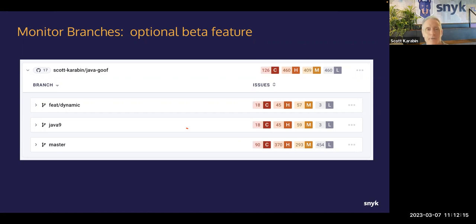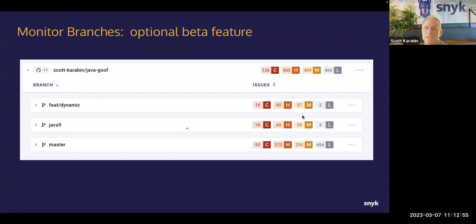is that here I am scanning 3 different branches. And for this repository, it's actually adding up all of these. So if I went to the reporting page, my Java Goof repository is reporting this number of vulnerabilities. And because it's reporting that number of vulnerabilities, you can see it's the summation. So by scanning these other branches, I've now added 2 more sets of probably the same type of vulnerabilities that may be in the master branch. So it can impact your reporting a little bit because you would be duplicating